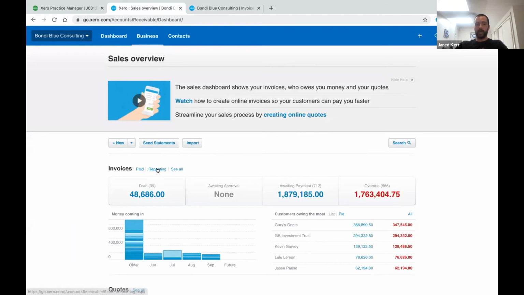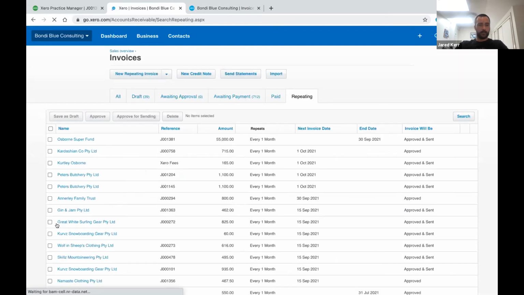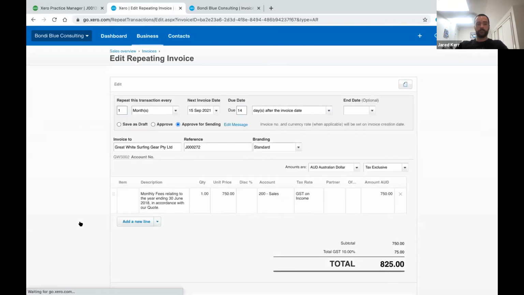So for example, if I just go into repeating here, we should have one that we can take a look at. We'll take a look at Great White Surfing Gear here. I'll click into the repeating invoice. We can see that the job number has been entered in as the reference. So this is essentially linking it back to XPM so that the invoices can sit as that WIP credit on